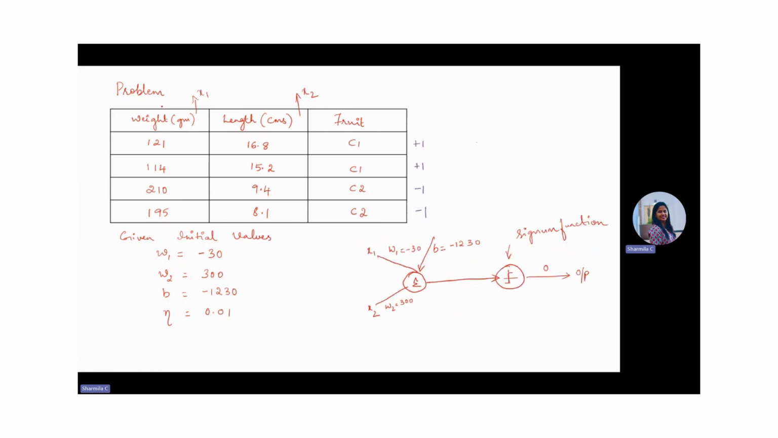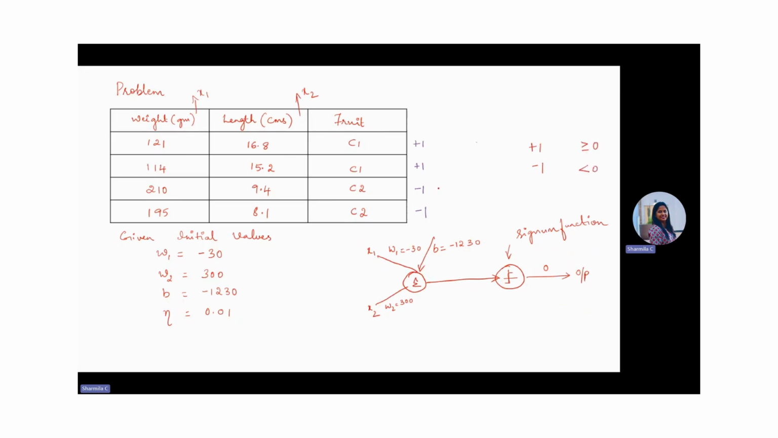Fine. So you can see here x1 and x2. If I represent that as a perceptron, this is what we are going to get. So w1 and w2, x1 and x2, b equals -1230. We have a signum function. If we are using the signum function, it is nothing but +1 and -1. If it is greater than or equal to 0, the output is +1; if it is less than 0,